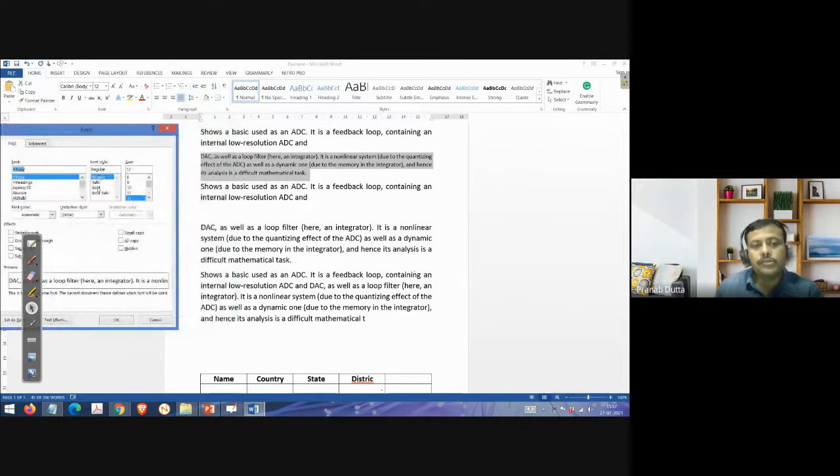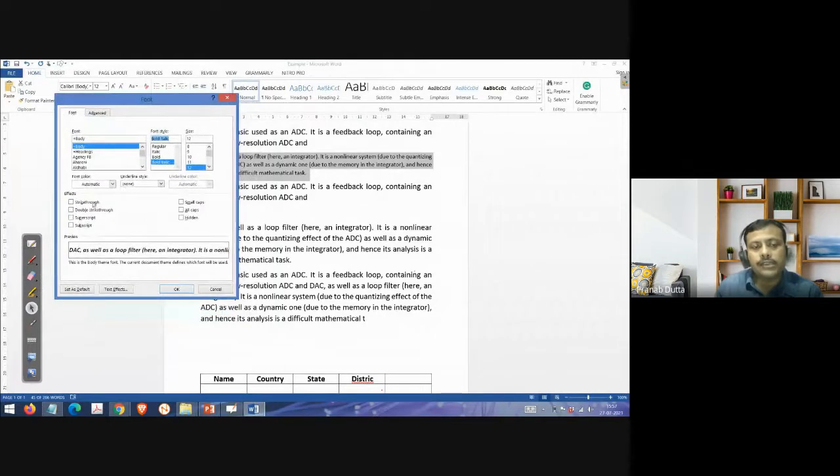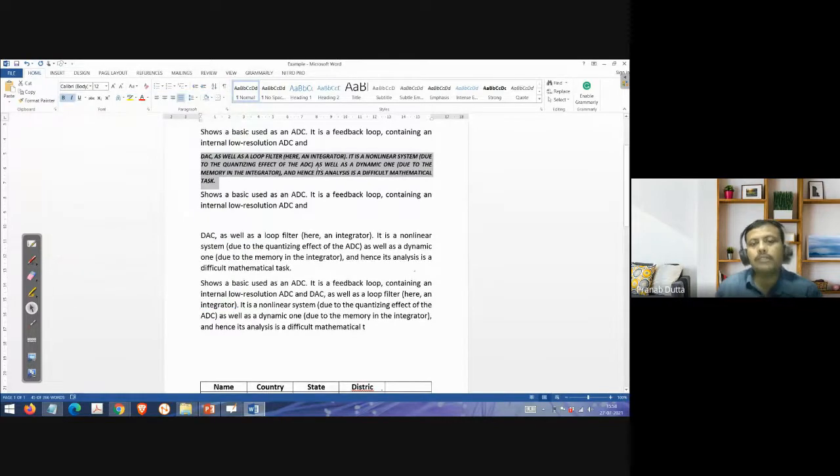Right, if you see italic, bold italic, right, and the size also I can modify here. Similarly, strikethrough, double strikethrough, superscript, subscript, small caps, all caps, hidden. So we can select these, and if you press OK. Suppose I want to make everything capital, right? So I'll just click All Caps. Now if you see, all the letters become capital with bold, italic, and size 12. See, all become bold, italic, size 12, and all are capitals now, right?